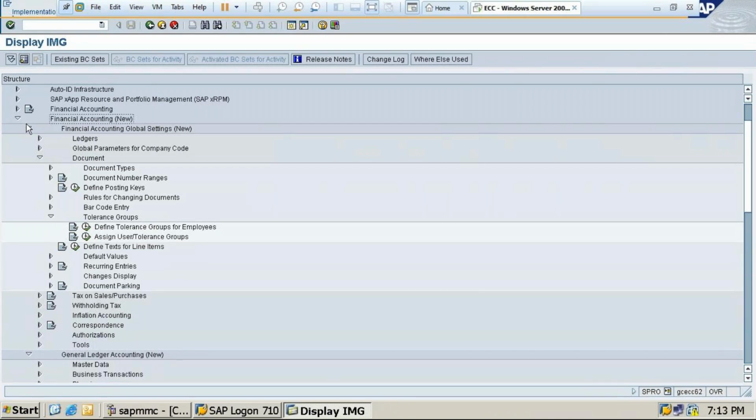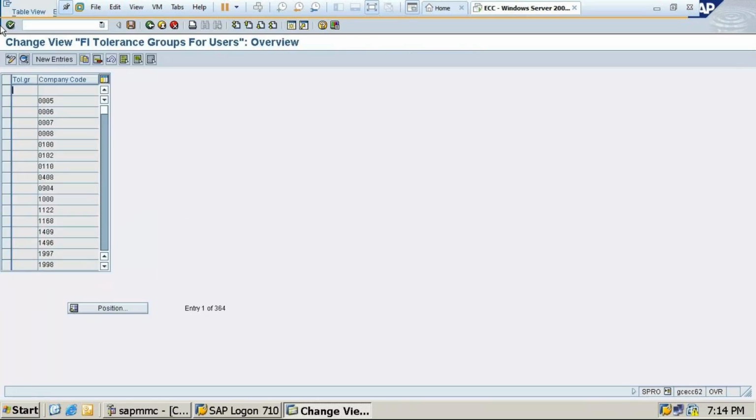Then document, then tolerance group, then tolerance group for employees. Clear? Click on this and click on new entries.